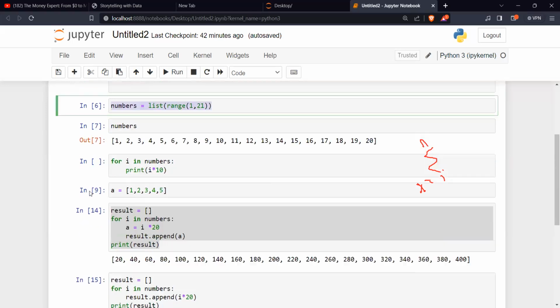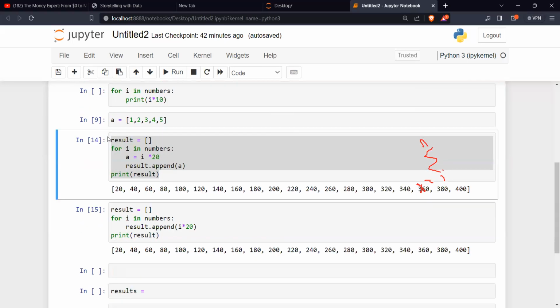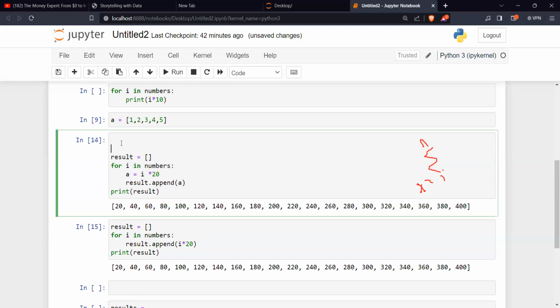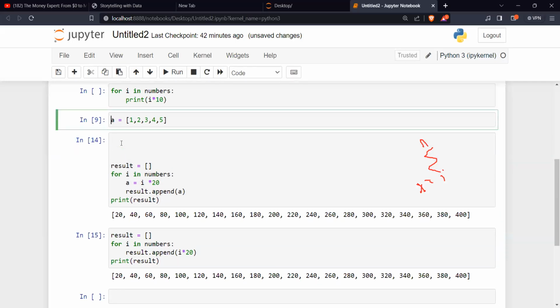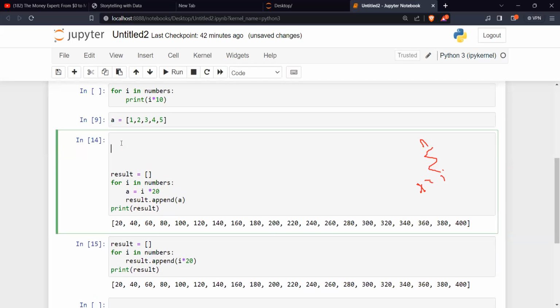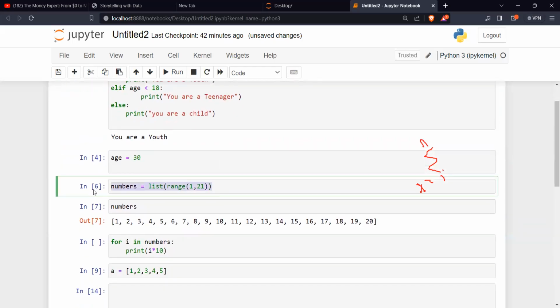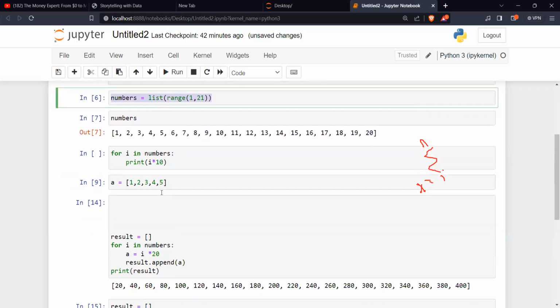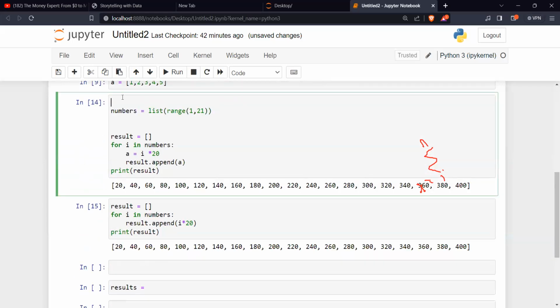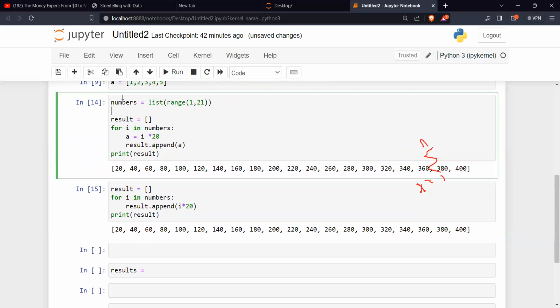Let me write it out. So I can paste it here. Where am I copying it from? Copy. Okay, good. So it means I would have done all this.